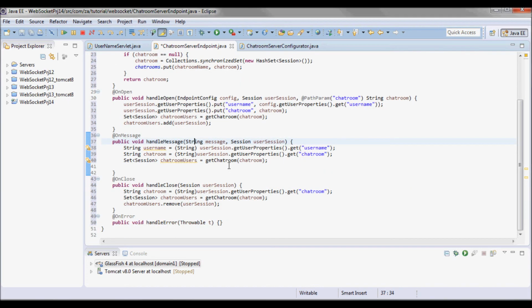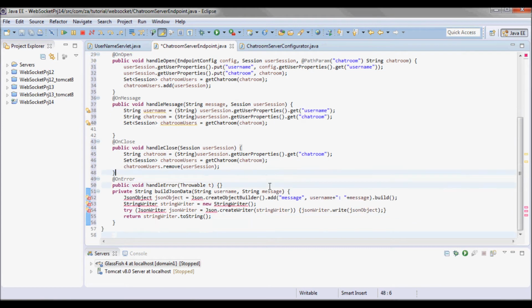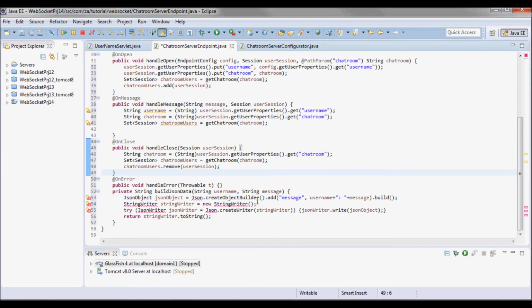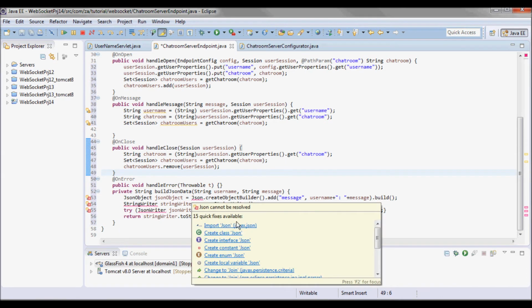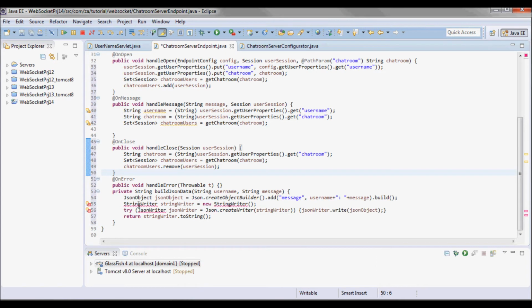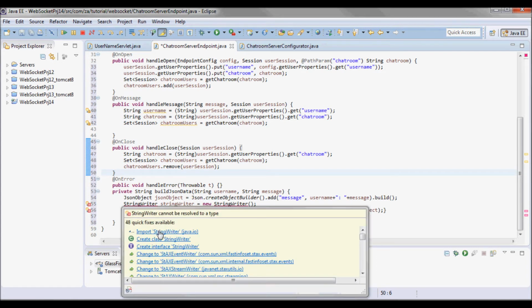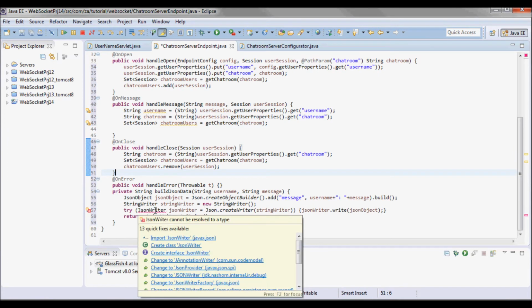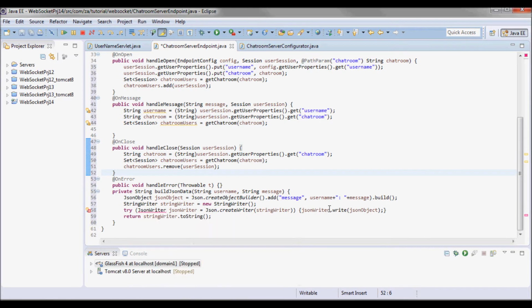And before continuing, I need this method buildJSONData that takes in a username and a message, and returns a JSON string to be passed back to the client.